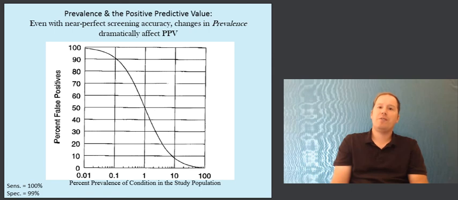That's a counterintuitive conclusion, but a very important one, because what it ultimately tells us is that the urge to create ever more accurate tests really does very little for us in terms of creating accurate results for screening for risks. What really matters is how prevalent the condition is that we're screening for. So we'll see you in a future lecture on risk screening. I hope today has provided you some intuition and insight into a very provocative idea: it doesn't matter how accurate your test is, really. What really matters is how prevalent the condition is that you're screening for.